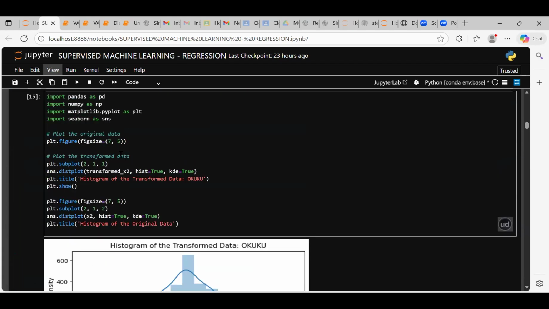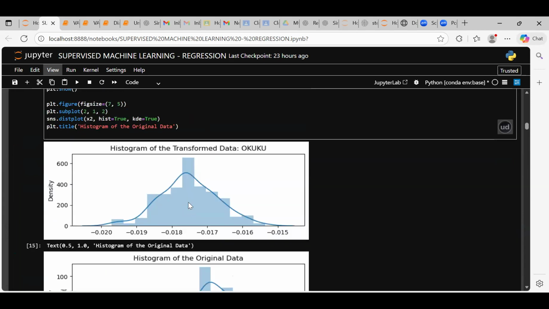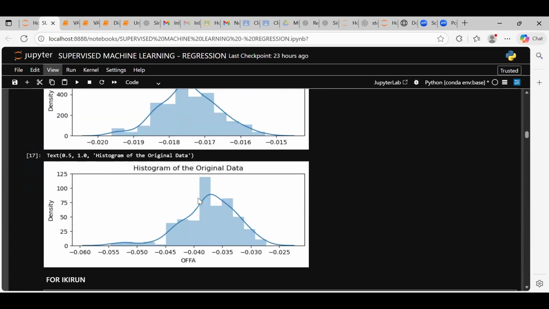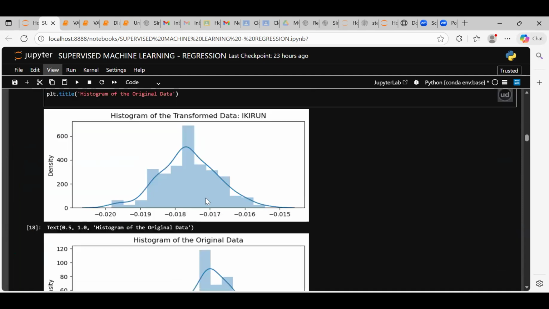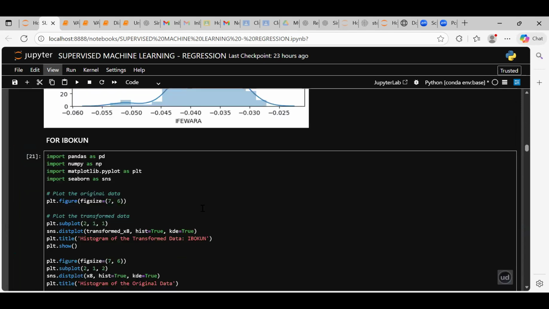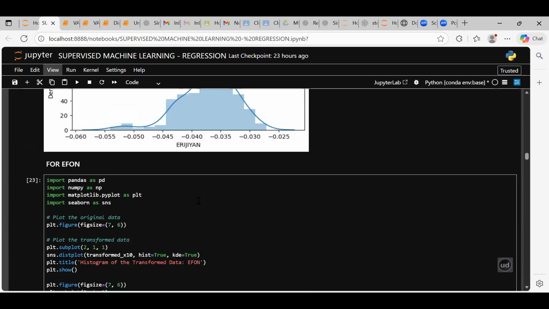This is another one for Kuku. You see, I did the same thing for different terms. I did it for different variables. All those terms are different variables. And you move on